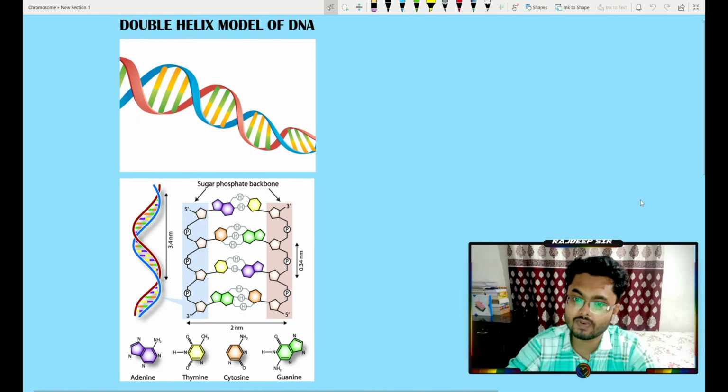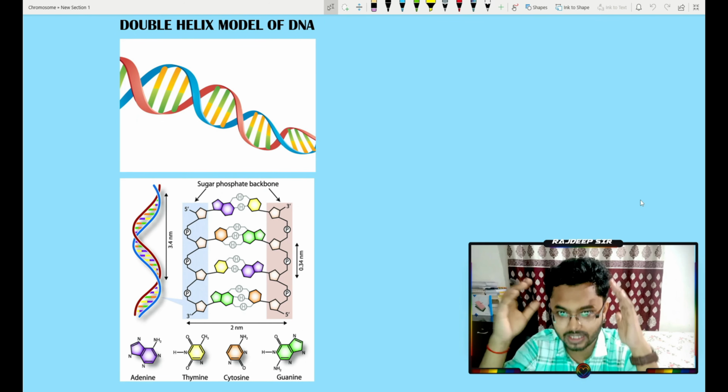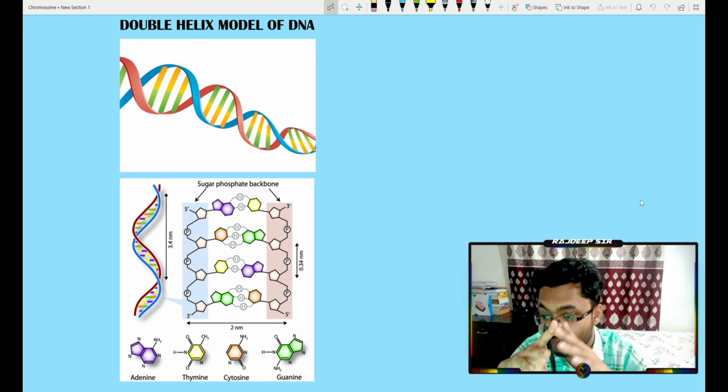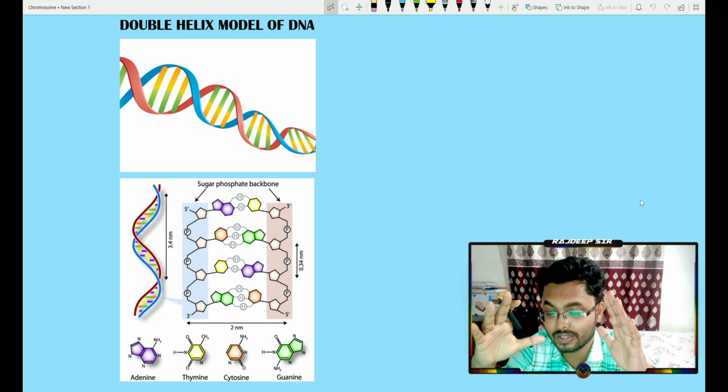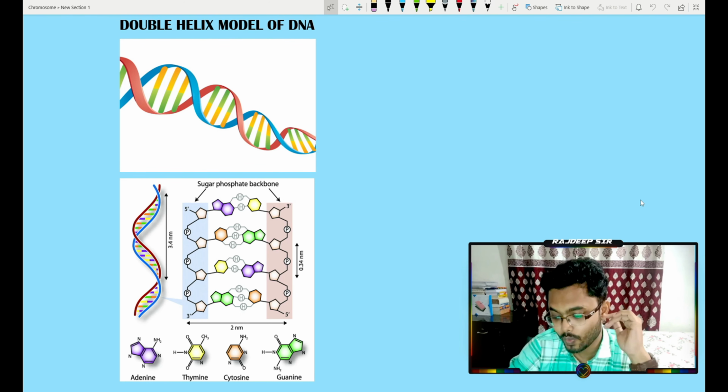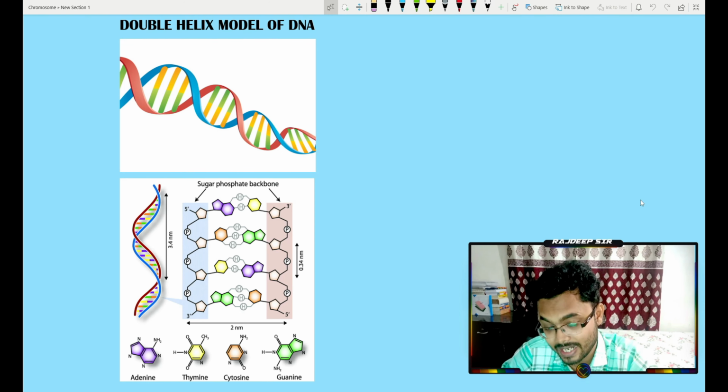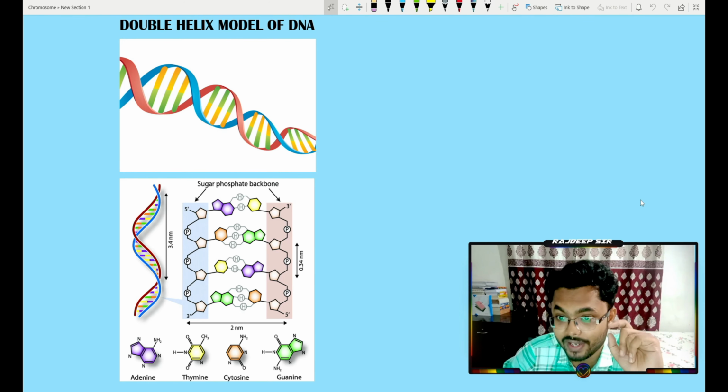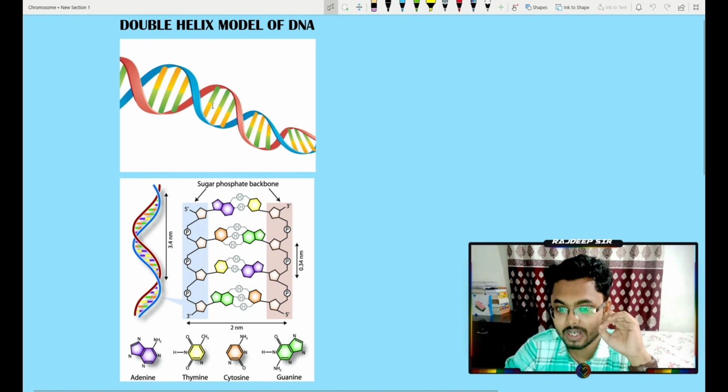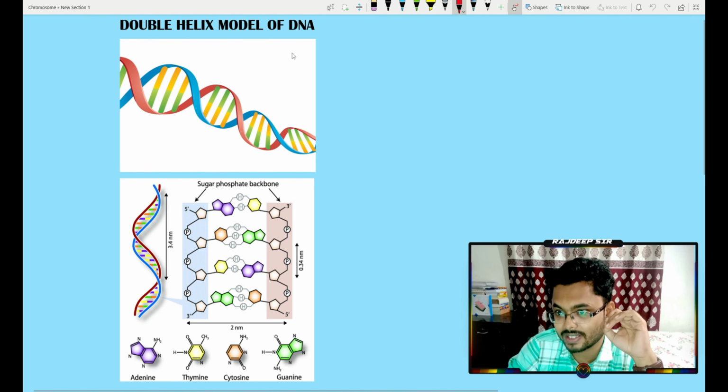Now let's move on to the next topic, that is our double helix model of DNA. We will zoom in more into the nucleosome, to what is present within it, or what surrounds those button-like structures, that is histones. When we zoom into the structures, we will get this double-stranded structure. This is known as DNA,